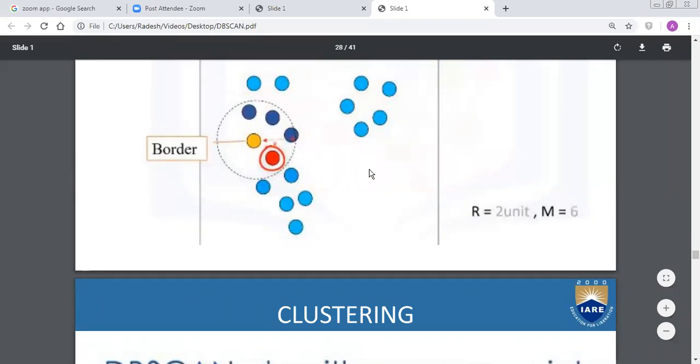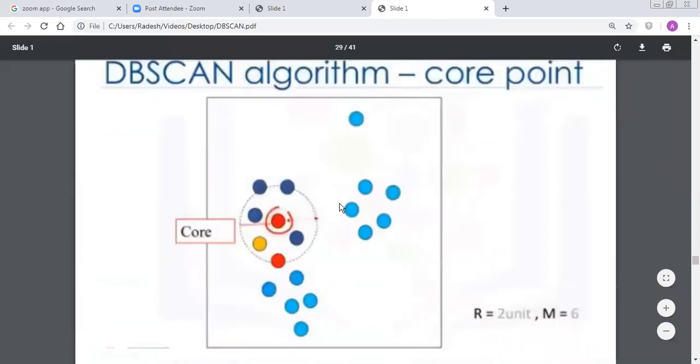Next I am going to traverse to some other point and check whether it is a core or border point. Now I am moving to this particular point, and I have drawn a circle for it, and I am calculating whether it is meeting the 6-point criterion or not. This is 1, 2, 3, 4, 5, and 6. Sorry, 1, 2, 3, 4, 5, and 6. As we have 6 or more points existing here, I am calling it a core point.